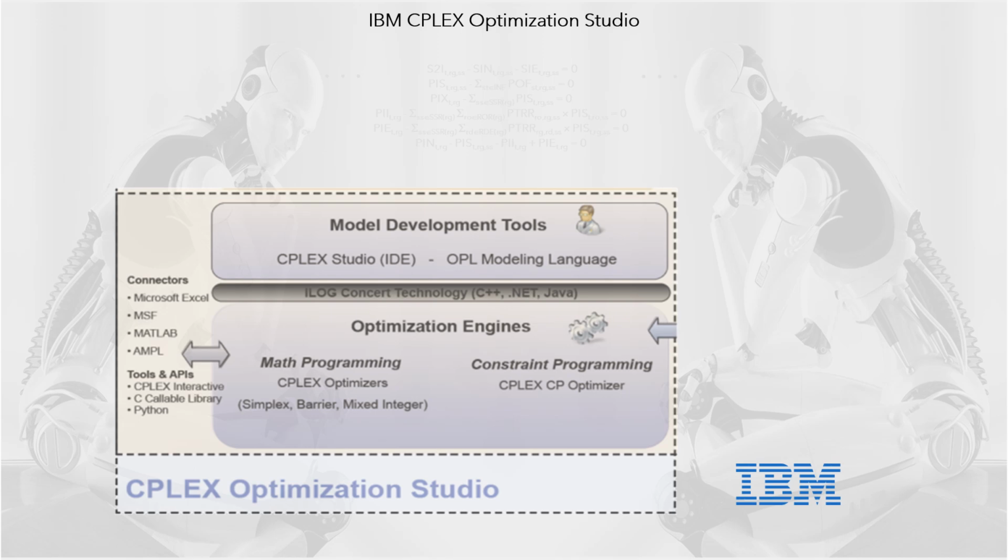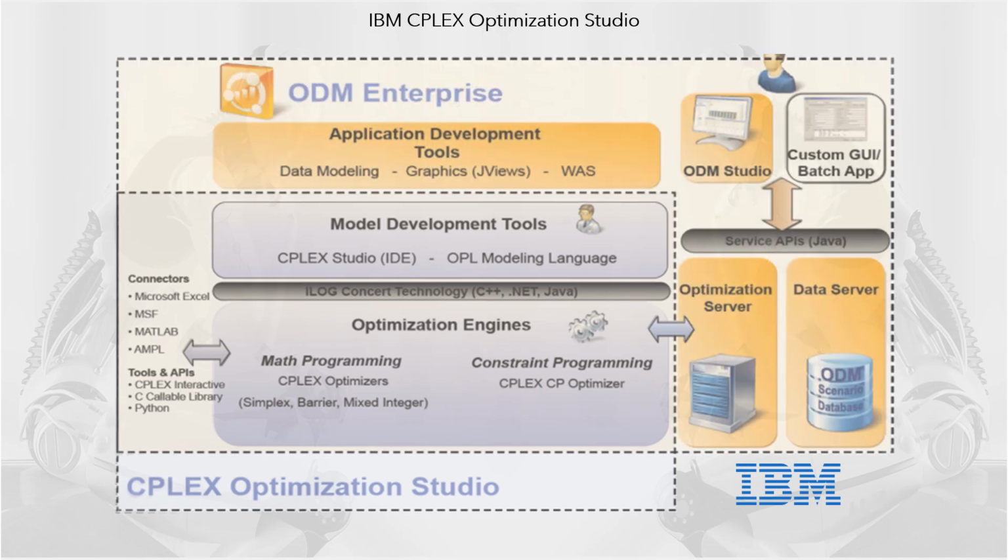Second, model development tools. It is composed of OPL, IBM Optimization Programming Language, an algebraic language for programming mathematical model algorithms, and Concert Technologies, object libraries for programming mathematical models using general-purpose languages, such as C, Python, Java, and others. Third, ODM Enterprise. Specialized interface for handling runs of mathematical models, and visualization of model results. It integrates three types of IT solutions: user interface, optimization model server, and data server, input and output, of mathematical